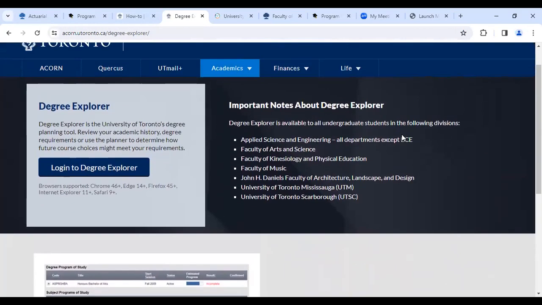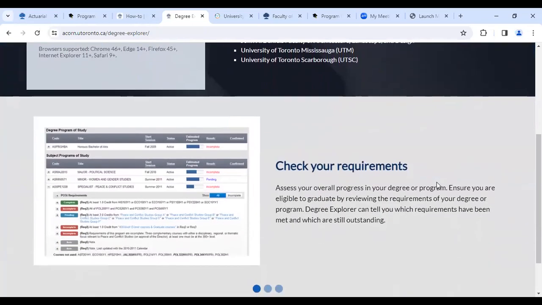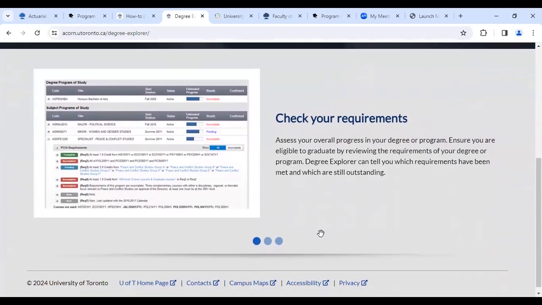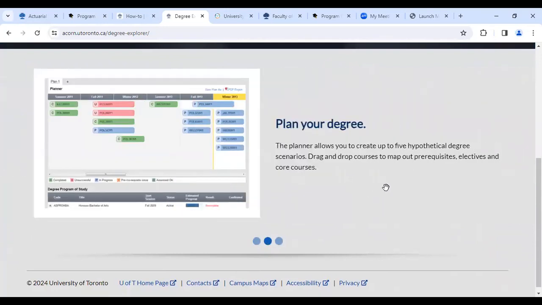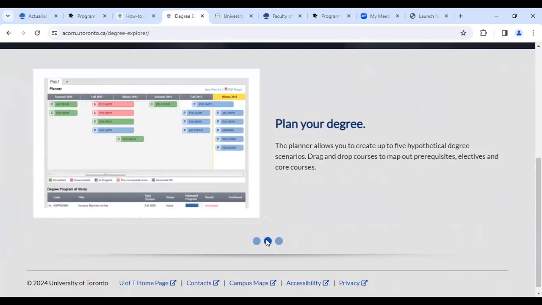And lastly, we have the Degree Explorer here. This allows you to review your overall progress when it comes to your degree or program. As I also mentioned, it has the planner tool that allows you to plan ahead for hypothetical programs and hypothetical courses that you will take in the future. I find that to be a tool that many students are not aware of. So definitely feel free to explore your Degree Explorer, add in the different hypothetical programs and courses you're planning to take, just to see if it's a realistic plan or you need to change your academic plan.